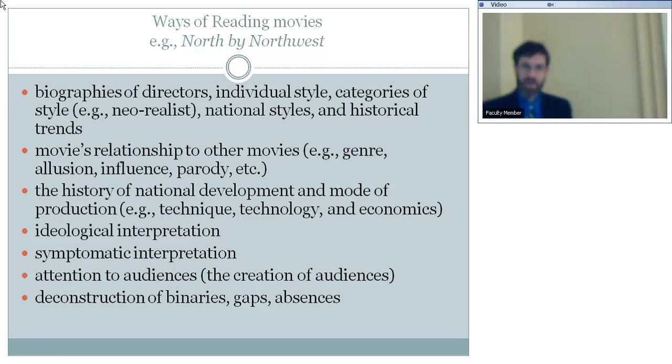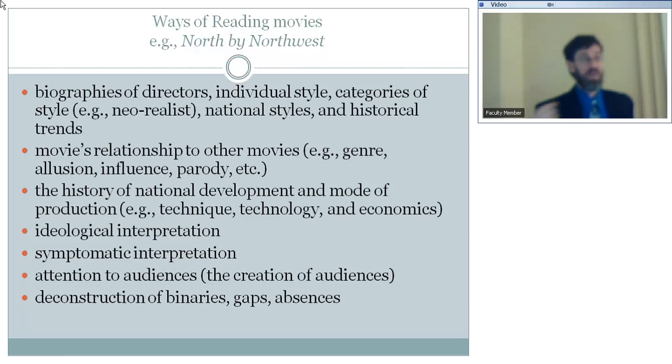Then the other thing that we're going to read, this relates, when I say ideological interpretation, this is not just politics. I'm still talking about all those different things that I showed you before. You're talking about feeling, you're talking about information, you're talking about all the different ways people relate to movies. So ideological interpretation is where we try to guess what the ideological biases of the movie are. Symptomatic interpretation, I'm going to go over that in a little bit. Symptomatic interpretation is like ideological interpretation of Marx. So I'll explain why it's Marxism.